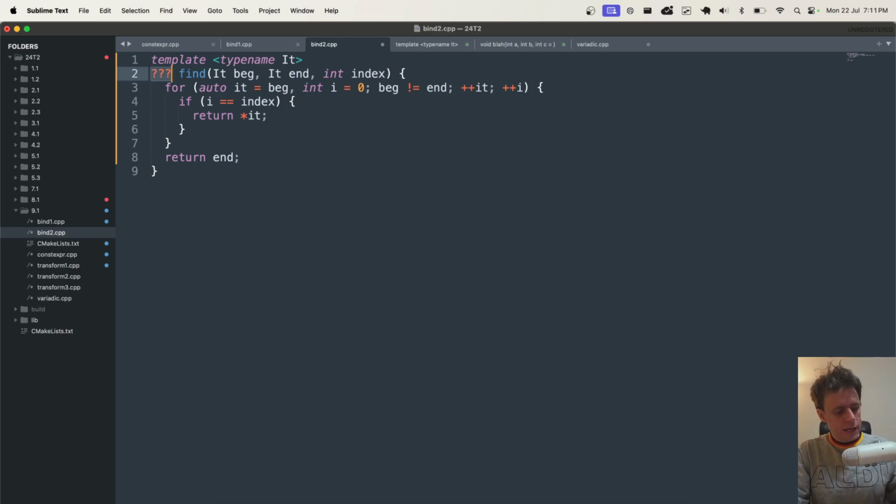I can't tell you that I've spent an extensive amount of time trying this out myself, but what I'm educated on is that if you come in here and just write decltype begin, that will not work, because as the compiler parses through this, it doesn't yet know what begin is. However, when you do this, the compiler now knows what begin is because it's actually processed the parameters. I wouldn't put $1 million behind that, but I'm pretty certain that's what's going on. It's a really obscure thing.